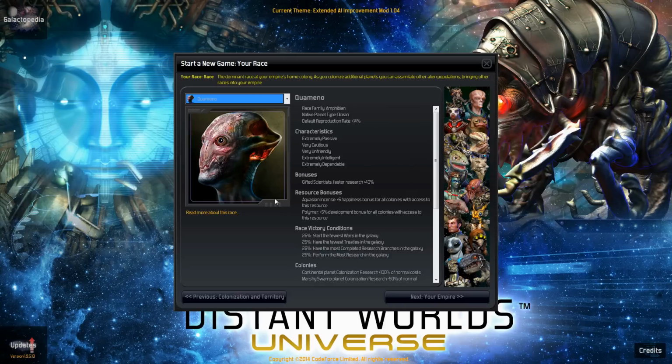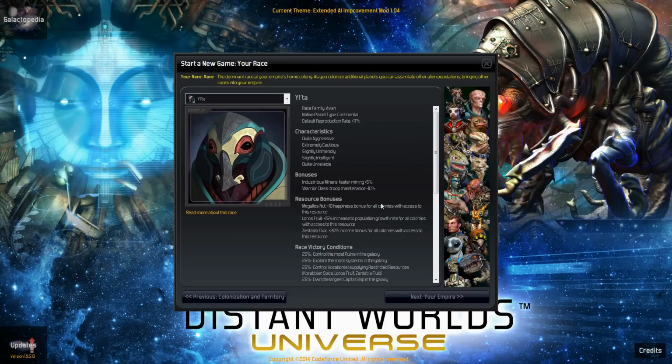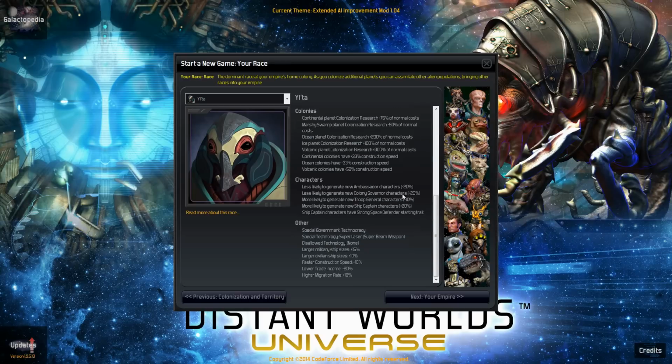Okay, I think we're going to go the Yulta. Yeah, the Yulta. We shall become the Imperium. These guys are really good. The faster mine is nice, the troop maintenance is okay. But they have a super laser beam weapon, basically a weapon to destroy planets. Their ships are larger by default, and they have a technocracy. But then again,